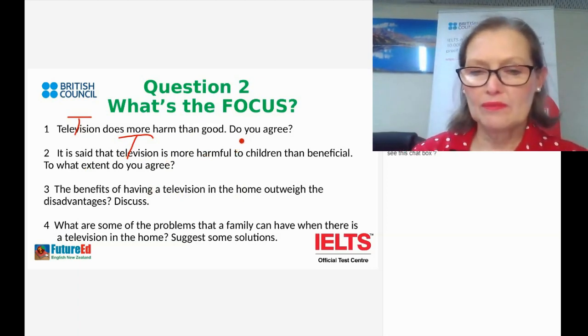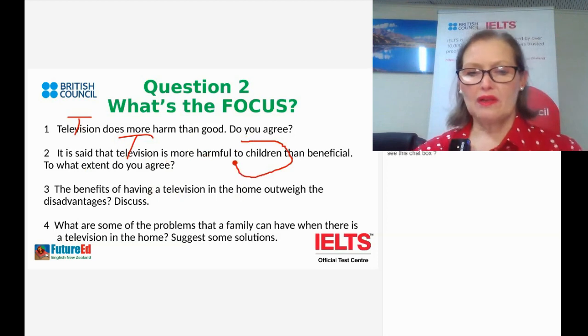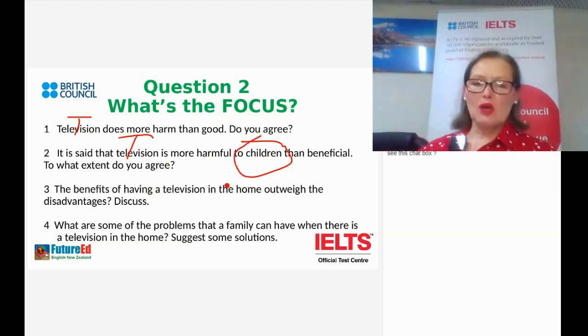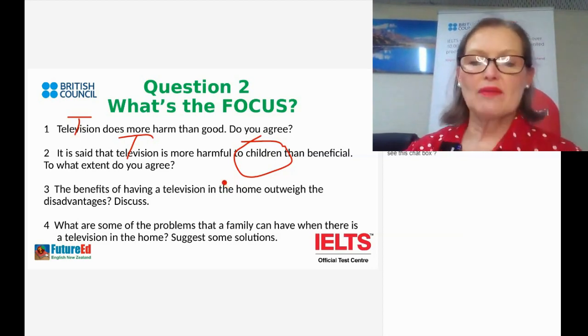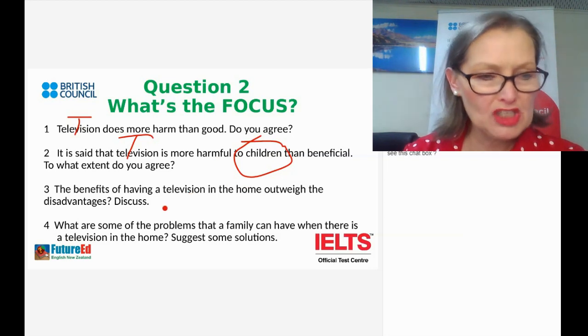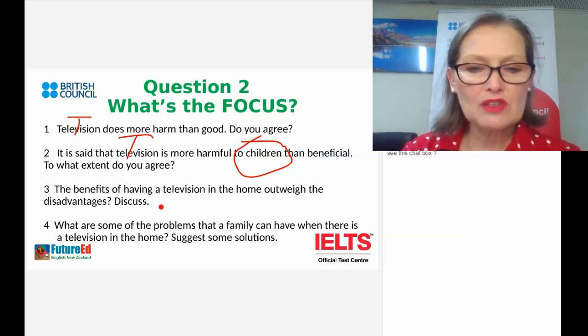The focus would be about the harmfulness of television. Yes, I guess our topic is going to be television, good or bad. And question number 1 is pretty general. But if I have a look at question number 2, once again, we can see that